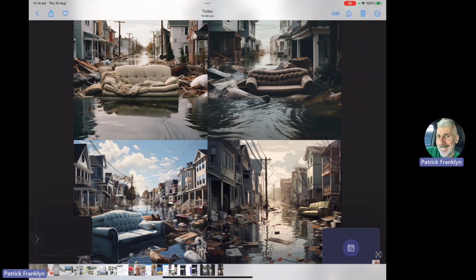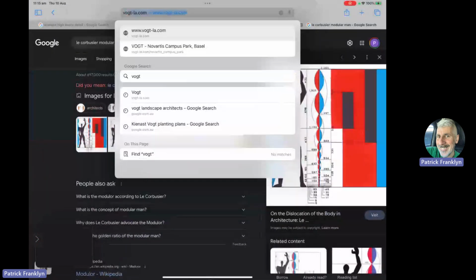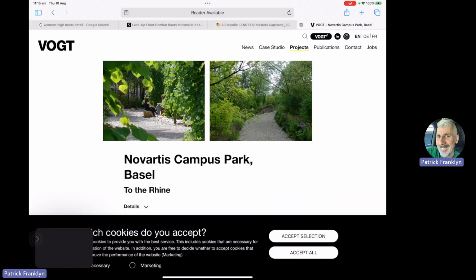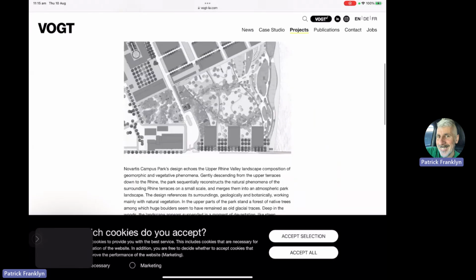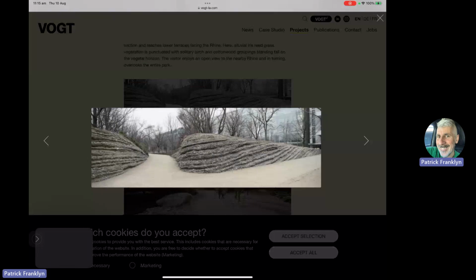Oh, and while I'm still sharing my screen, and I will finish this in a minute, I wanted to just also mention Voigt Landscape Architects, their Novartis campus project. Let's have a look at some of the images of it, but with this same idea of furnishings, walls, bins, lights. It's on top of a car park, this project. It's a beautiful project. And there's a deep history to why they're building these walls like this. But these walls are made out of concrete, but they're made to look exactly, well, not exactly, but like Swiss